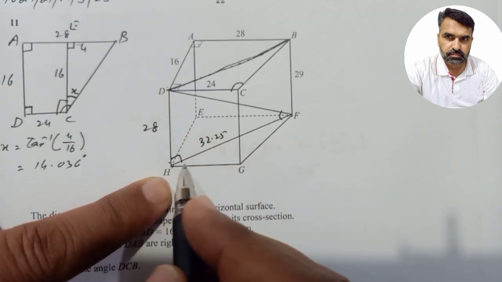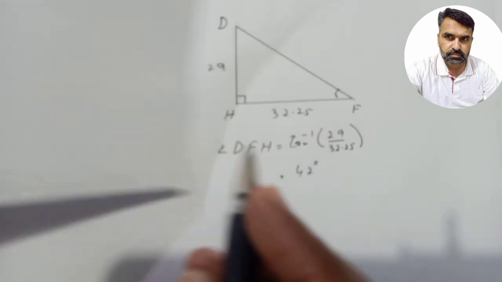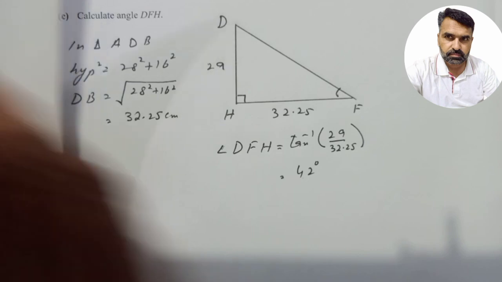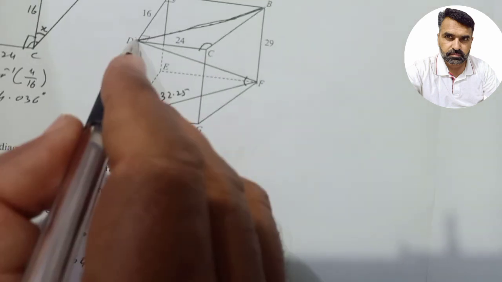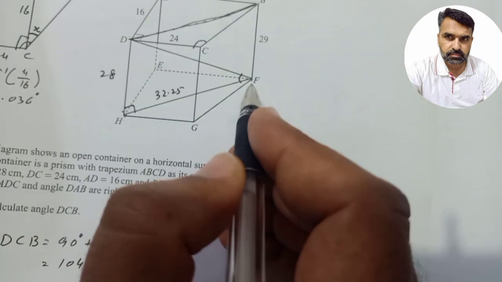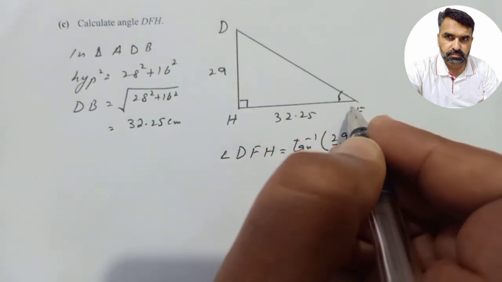So HD will be perpendicular and HF will be base, and we have found the value of base HF, that is 32.25, and DH will be equal to BF, that is 29, and we have to find this angle F,